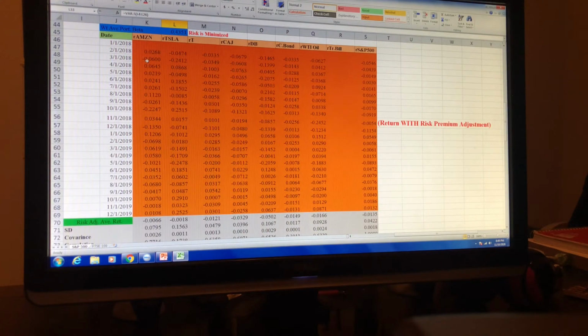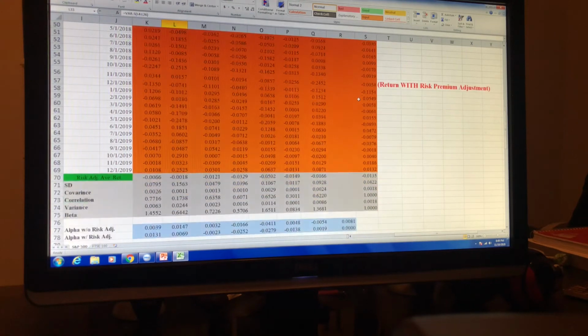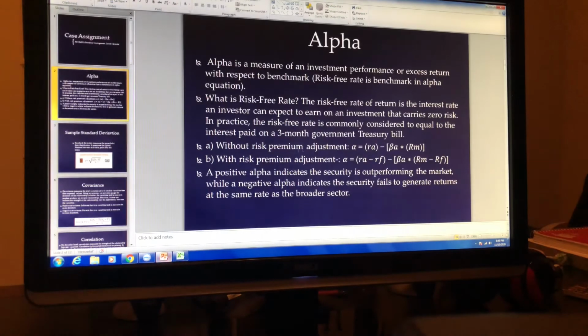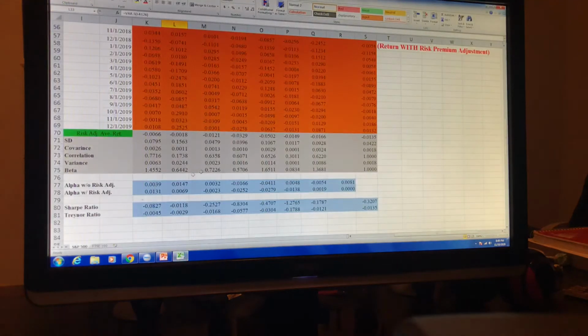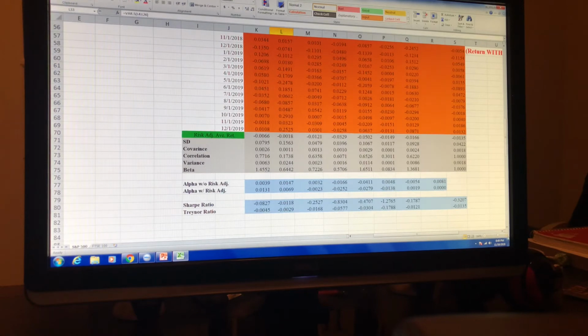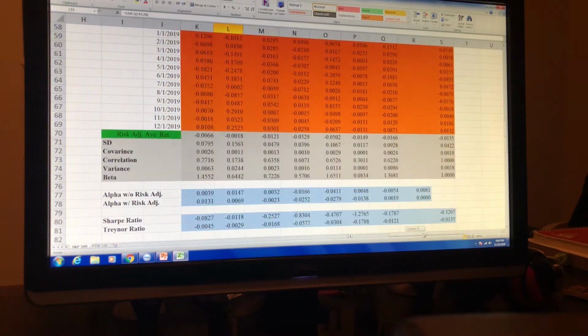So what we did was we subtracted the T-bills from all these investments and saw how they performed based on the risk level that they no longer had, since there was no longer a zero risk in practice. And we got several different returns, several different standard deviations. Beta did not change as much. It did go a little